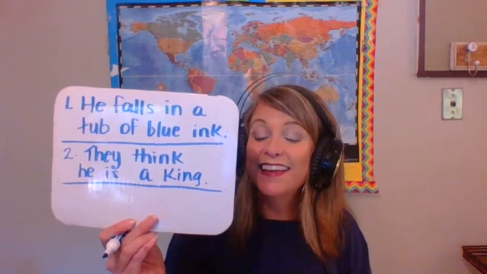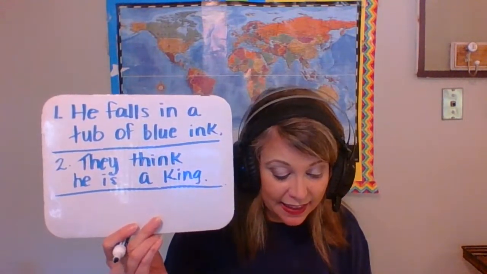Why do the animals in the story bring him food? Why did they bring him food? How does he get them to bring him food? Do you remember? What do they think he is? They think he is a king. Okay. Why does the blue coyote, another detail in the story, why does he start howling at the end?